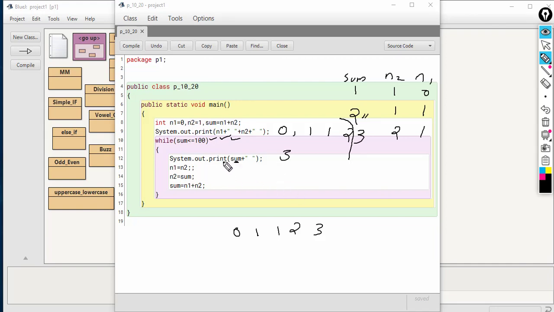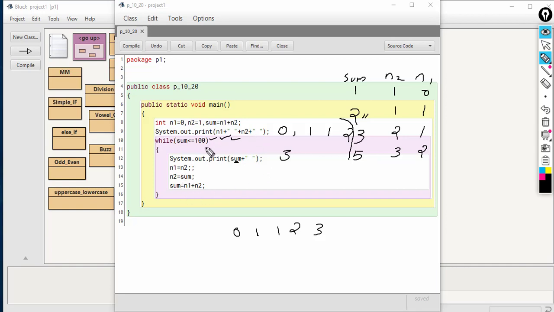Then after printing the value of sum, we will change the values of n1 and n2 again. The value of n1 will be the value of n2. What is the value of n2? 2. That 2 will be copied to n1. Then the value of sum will be copied to n2. The value of sum is 3. That will be in the variable n2. Then n1 plus n2. We are adding 3 and 2, and 5 will be copied to sum. So we got 5 in the variable sum.